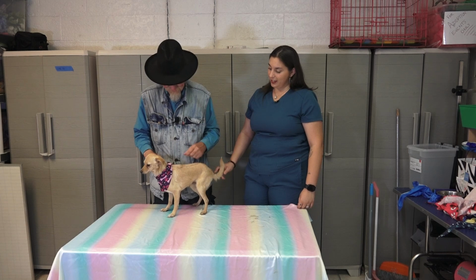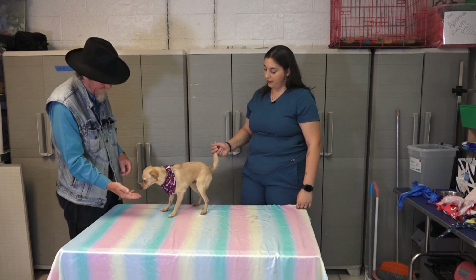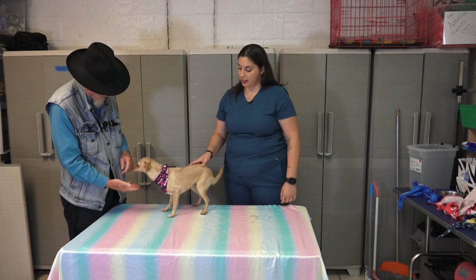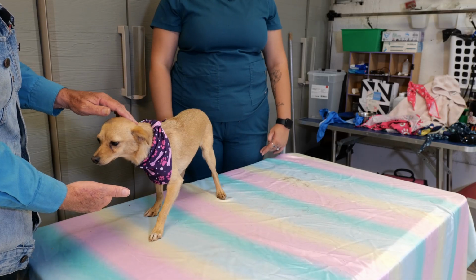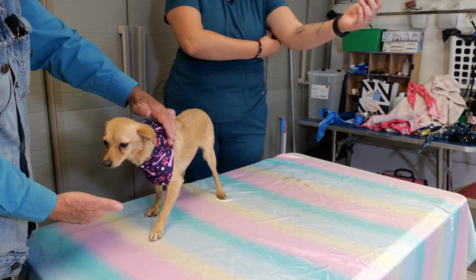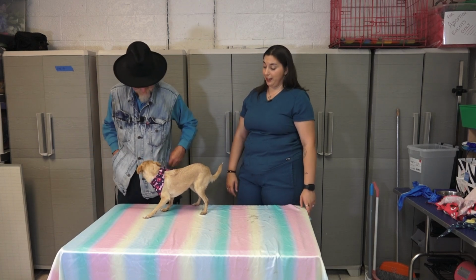Good kid. What do I even think, like a terrier mix? Chihuahuas normally don't have this long of fur. Yeah, so I think like a Chihuahua, terrier mix maybe. But she's still a puppy, so it'll be interesting to see her features come out more as she grows. Hopefully she doesn't grow up here anymore, but...